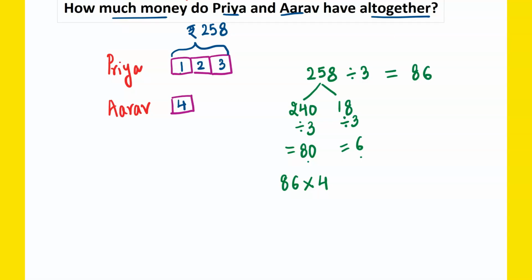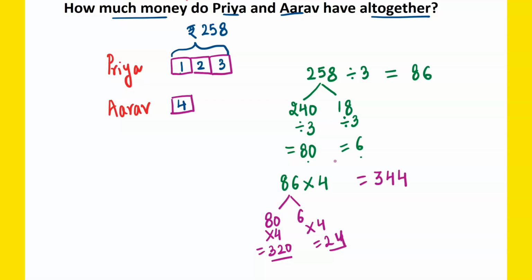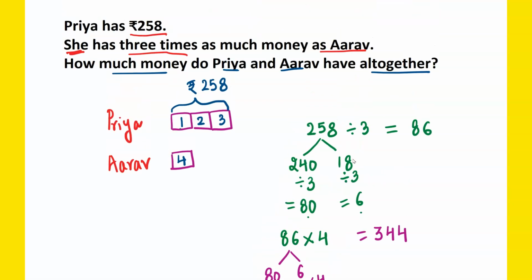Again, we will break the numbers and multiply. Let us break 86 into 2 parts, 80 plus 6. 80 into 4 is 320 and 6 into 4 is 24. So when we add both these parts, we get 344. So Priya and Aarav altogether have rupees